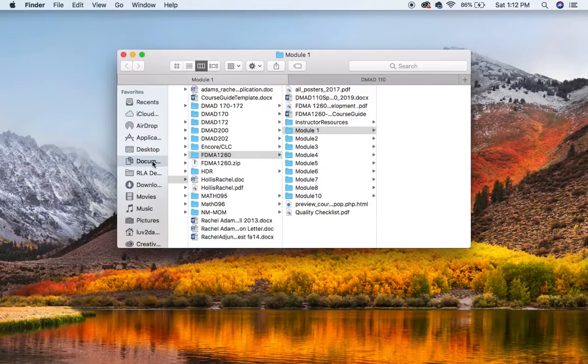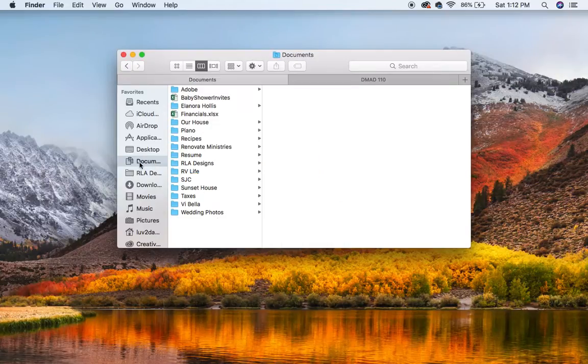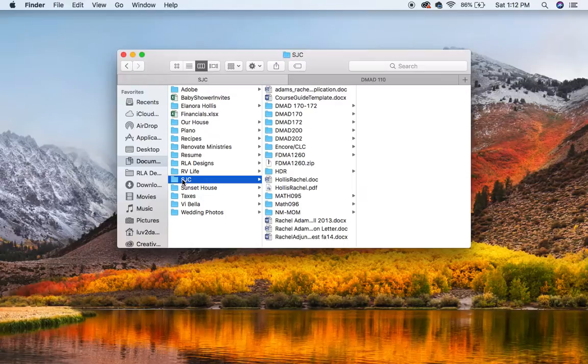Both types of computers have a folder called Documents. That's where I'm working from. Inside my Documents folder, I have a folder specifically for San Juan College, so I just call it SJC. Inside of that folder, I have all my courses that I've worked on. This course in particular is called